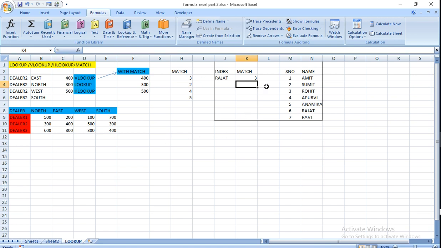This way you can use MATCH with VLOOKUP and HLOOKUP. MATCH can be used in VLOOKUP and HLOOKUP but not in LOOKUP. So always use VLOOKUP or HLOOKUP.